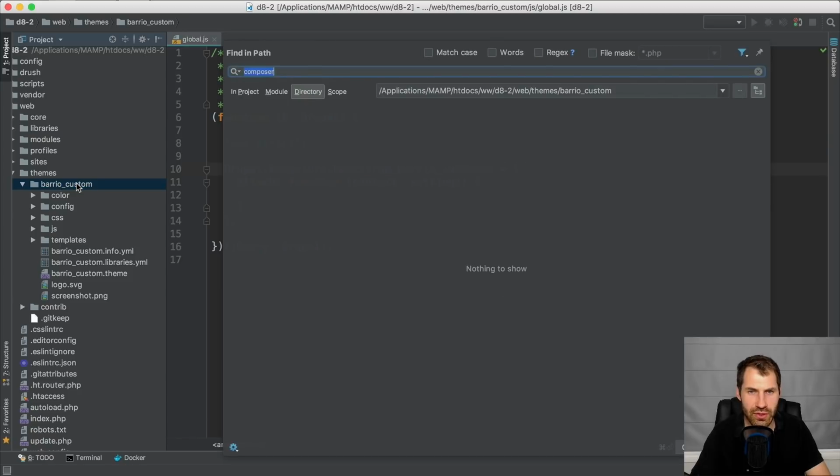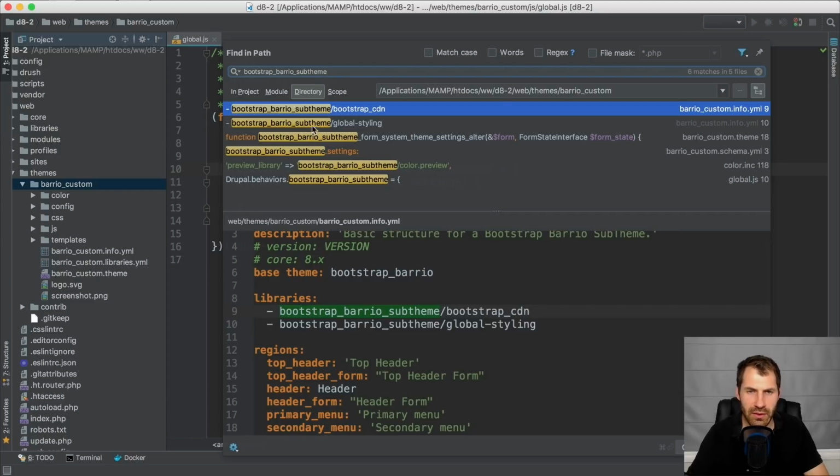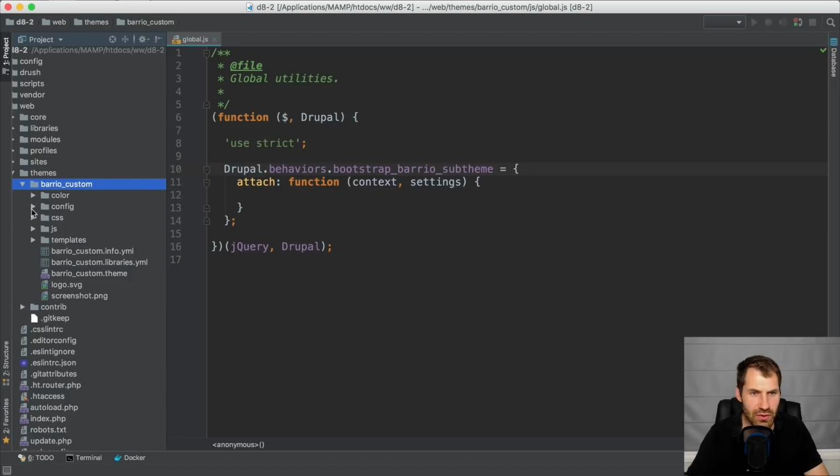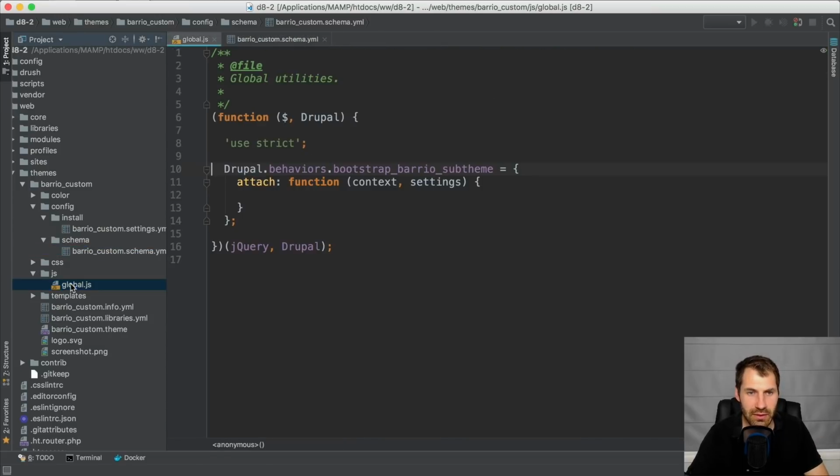And let's just do a quick search: bootstrap_barrio_subtheme. So we can see everywhere that term is mentioned in the files. Let's go in here and add in barrio_custom, which is the name of my subtheme. And let's open up the